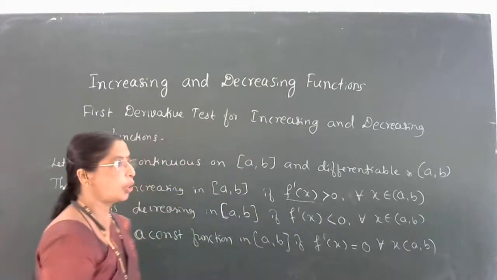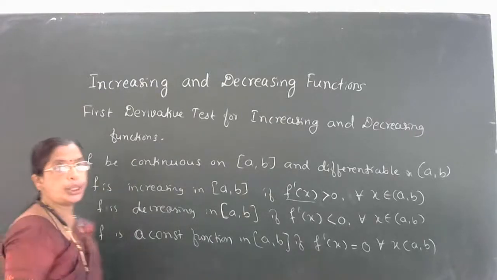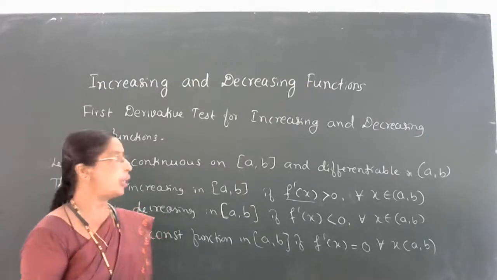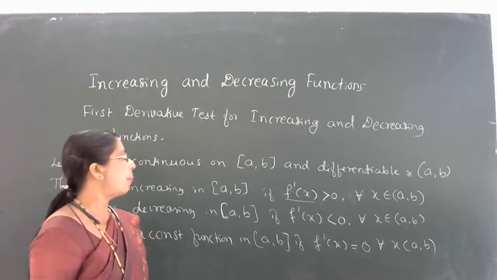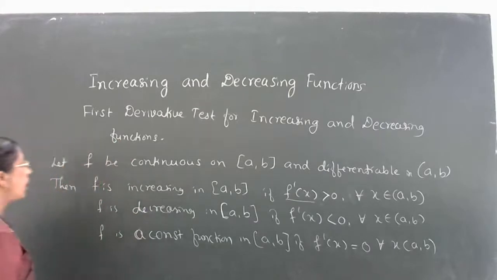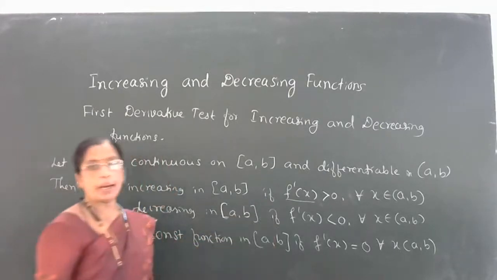The function is said to be constant. Here, the condition is: f is a continuous function in the closed interval [a, b] and differentiable in the open interval (a, b). You should remember to find the